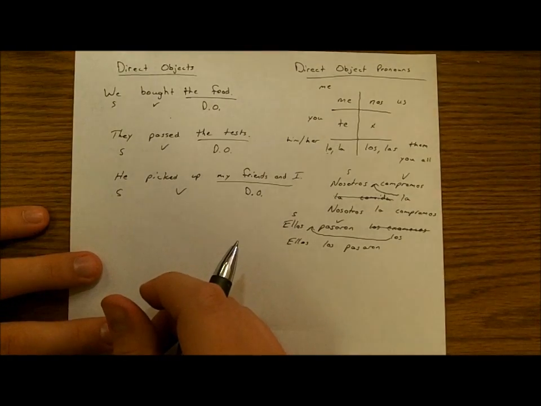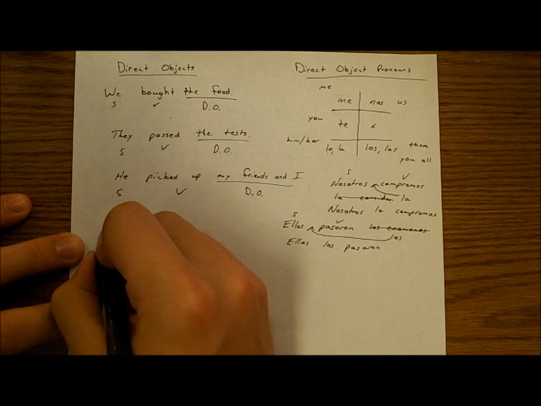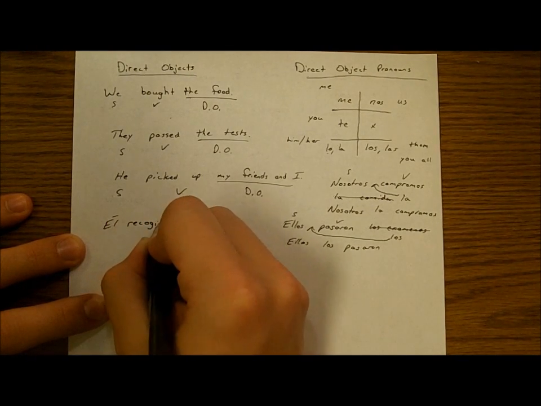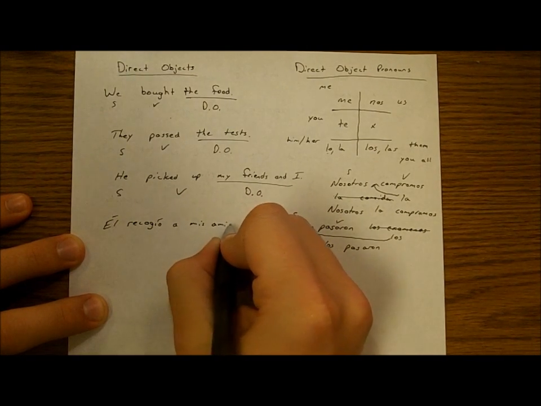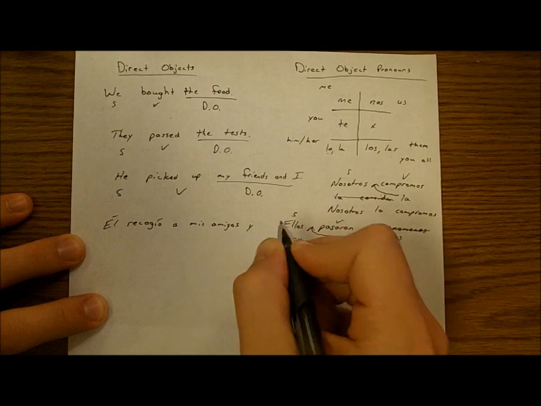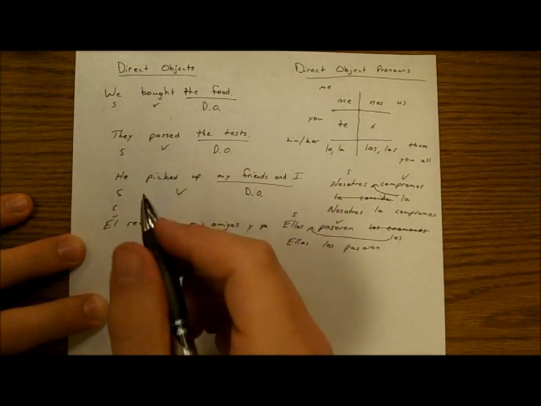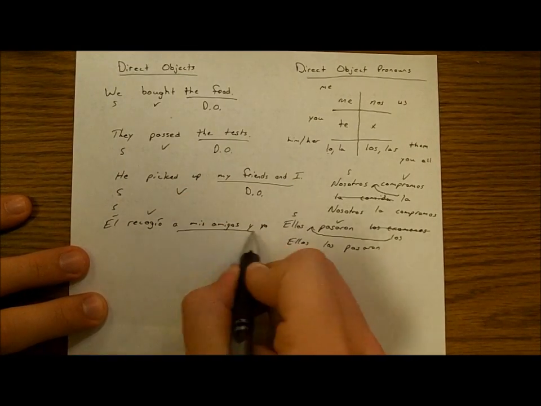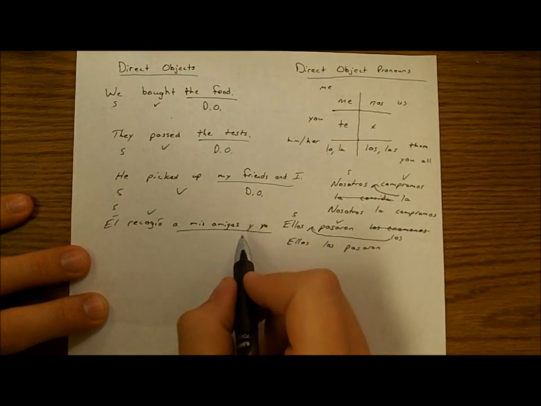Okay, and finally, he picked up my friends and I. So let's put that in Spanish. Él recogió a mis amigos y yo. Okay, él is our subject. We determined that already. Recogió would be the verb. And who are we picking up? A mis amigos y yo. So therefore, we can replace that with